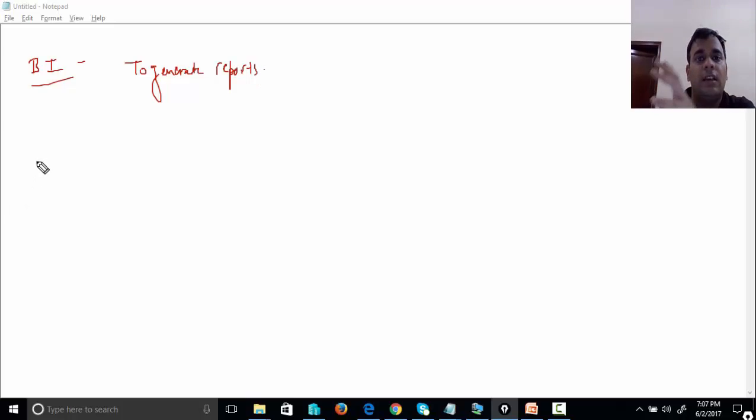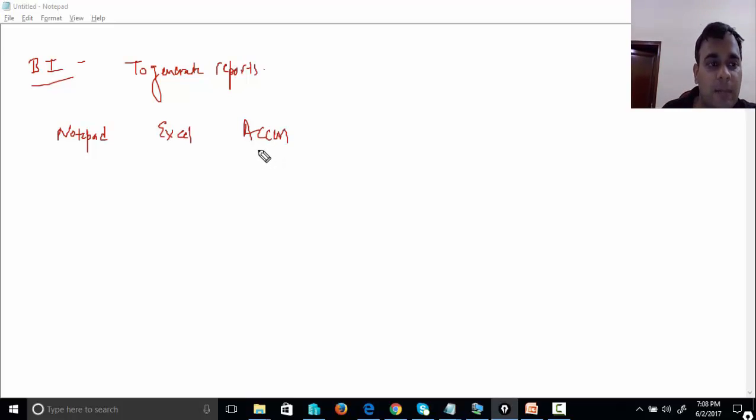Now my data can be stored in raw format. For example, it can be in a Notepad file, in Excel sheets, or in Access. If the data is in Notepad, it means it will be comma separated. If the data is in Excel sheets, it's not tabular data, and you may have many other sources like SQL Server as well. So you see, data is not at a central place, it is divided into many places. Some data is in Notepad, some in Excel, some in Access, some in